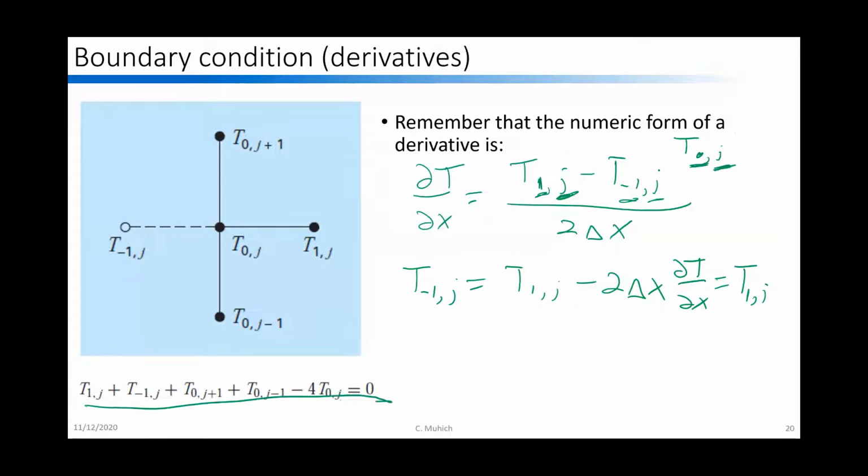So I can plug this in. If I'm looking at that 0jth node, I can plug this equation in, and we can say that we have